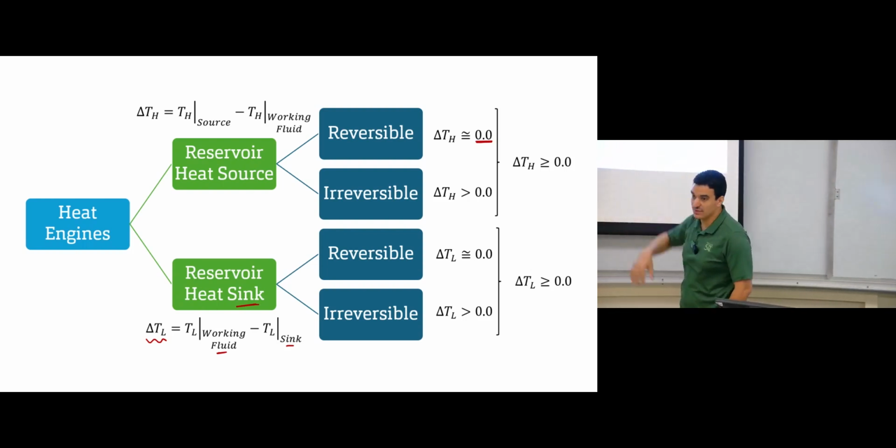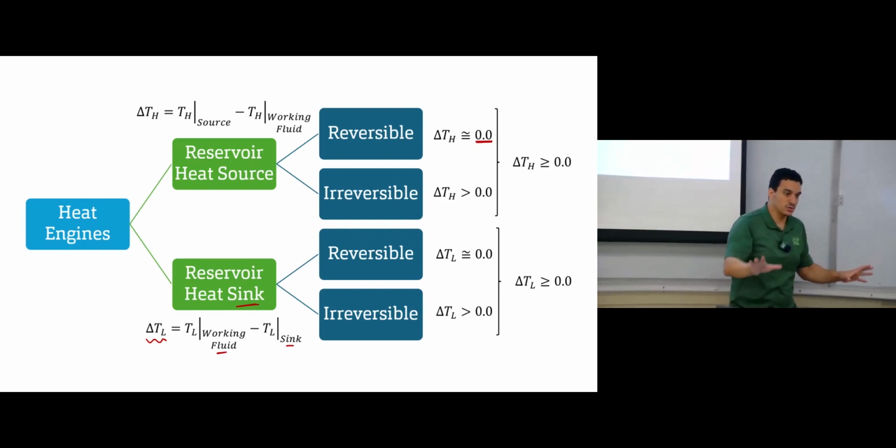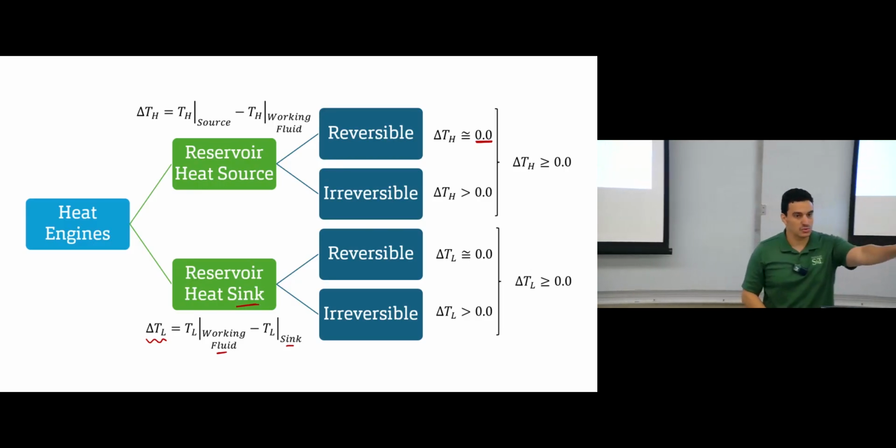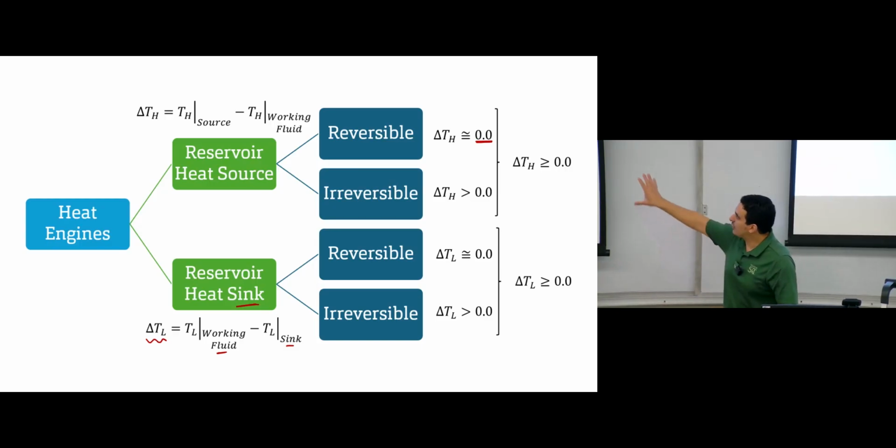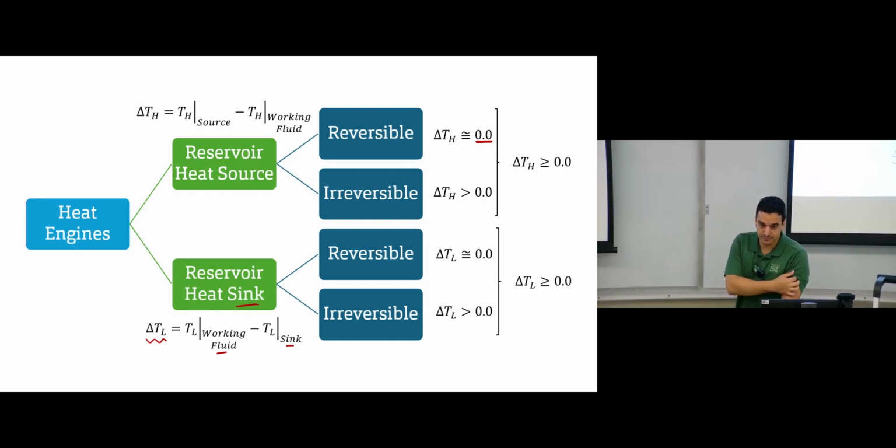So this slide tells you that in the heat engine, the temperature difference at the source and at the sink will be greater than zero. In the ideal case, it will be equal to zero. It can't be negative. So any temperature difference in heat engines is greater than zero, or in the ideal, reversible case, this delta T will be zero. Okay, how does this, with the definition of entropy, shape the universal statement of the second law of thermodynamics?